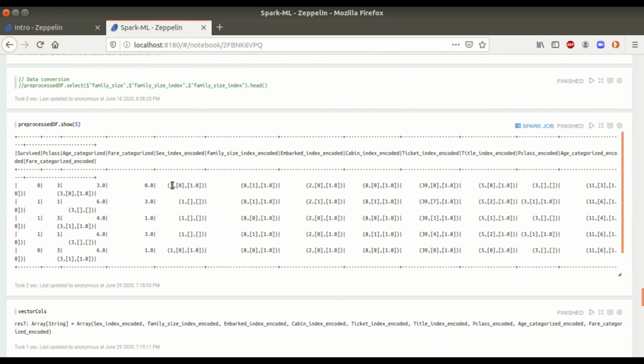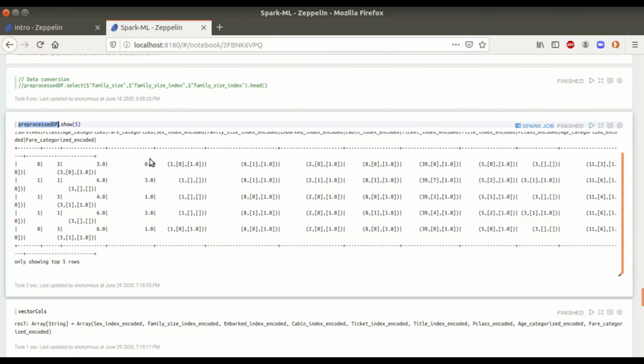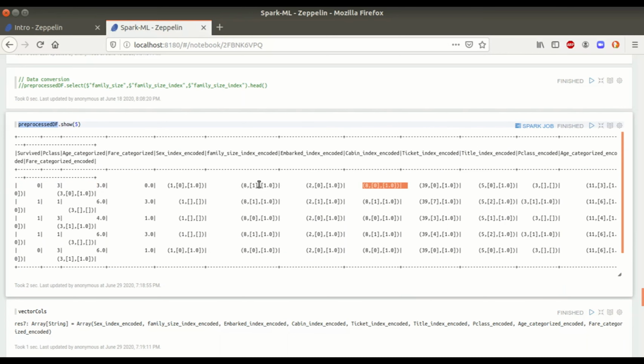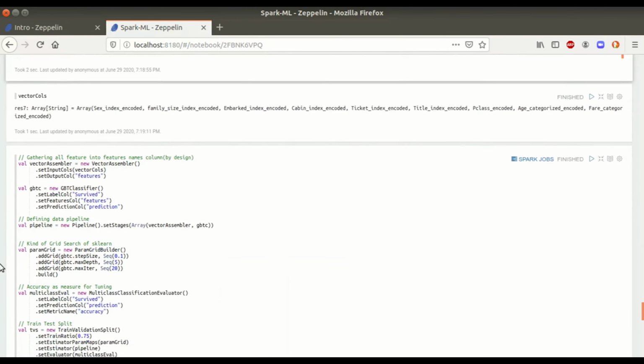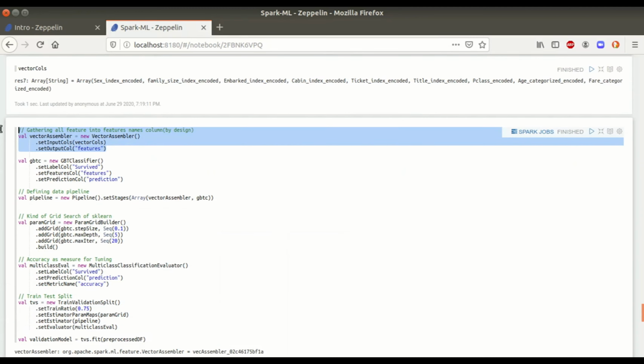Now this is a preview I tried to show after applying the pipeline stage. This is the output which we got, where for some of the things we had applied only string indexing, and for some of the things we had applied one hot encoding. Now what I was saying is that I had created a vector assembler.